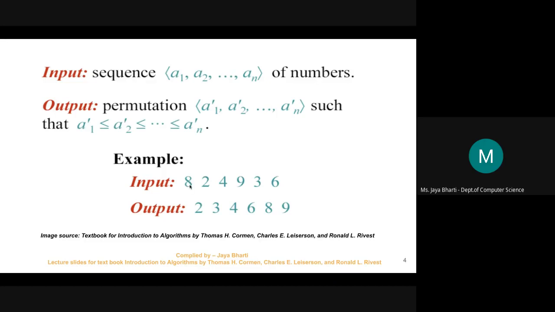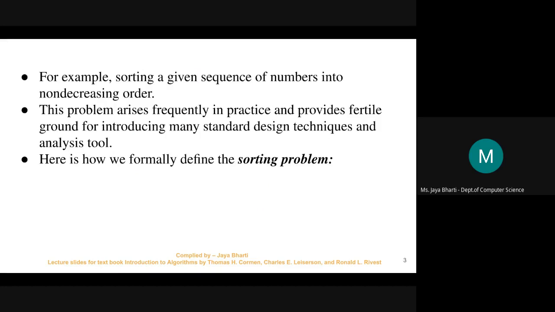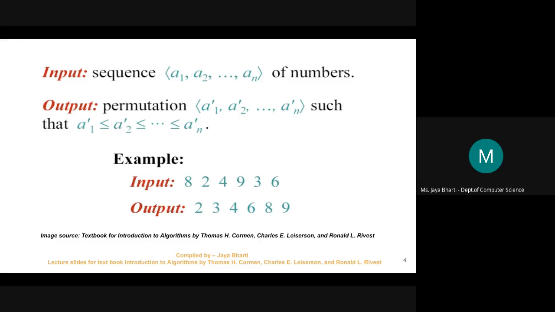So 8 is there, after 8 it is 2, 2 is less than 8, then 4, so you can see it is unarranged. Now you need to sort this data into increasing order. After applying the sorting technique, whatever technique you want to apply, we haven't mentioned the technique here, we are just using a sorting method. You can use either insertion sort, merge sort, counting sort, any sort you want, and then sort them into increasing order. After sorting, we will get this result. You can see in the output that the result we are getting is in increasing order.